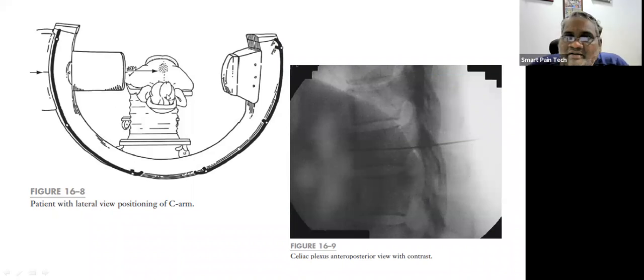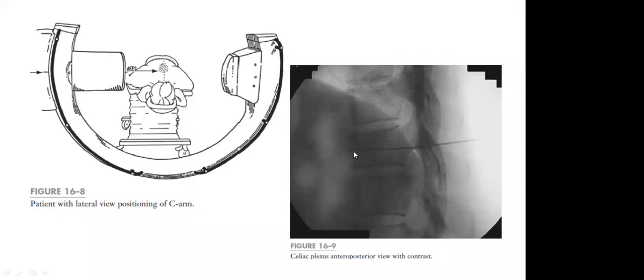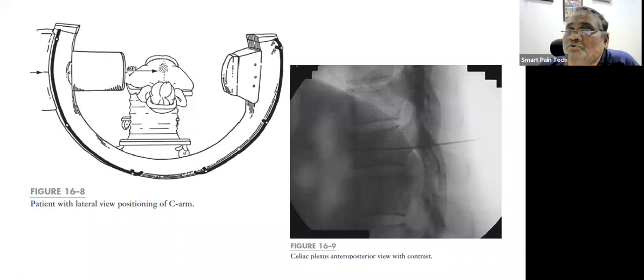Okay. So in a lateral view, you will see this is the anterior body of your vertebral body. Now, many people ask me one question, sir, how much anterior we should go to the anterior border of the vertebral body? It's a question of gold. There is no perfect answer for that. So what we usually do is that